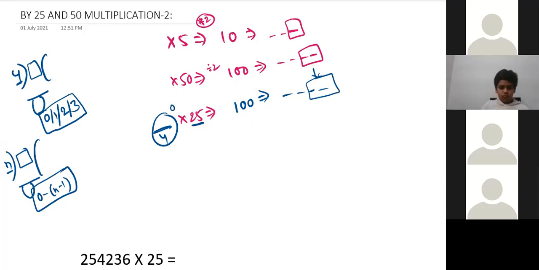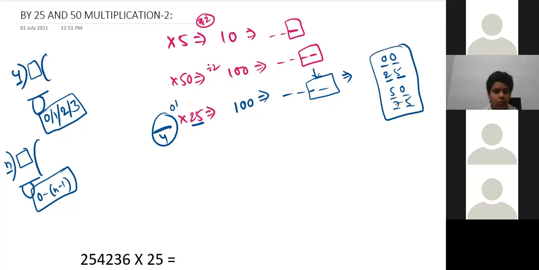So what are the 2 digits? If 0 is the remainder, we write the last 2 digits as 0, 0. If the remainder is 1, we write 25. If it is 2, then 50. And if the remainder is 3, then 75. That's all. Easy. So we should just multiply that remainder by 25. No need to remember this list. Multiplication is a long topic. Just see what the remainder is, and we have to multiply that remainder with the multiplier 25.